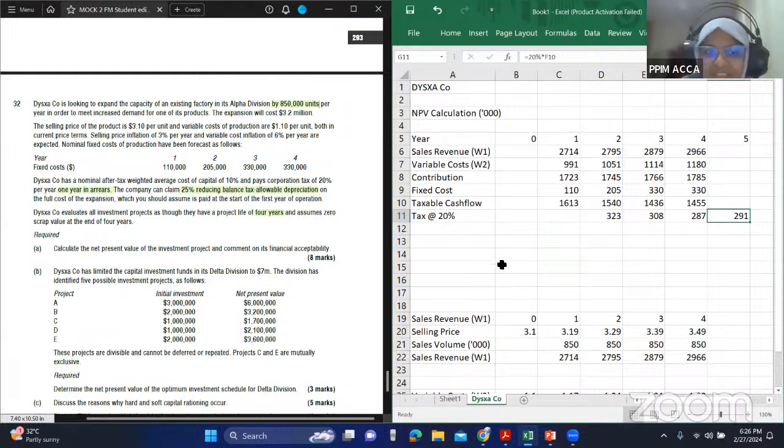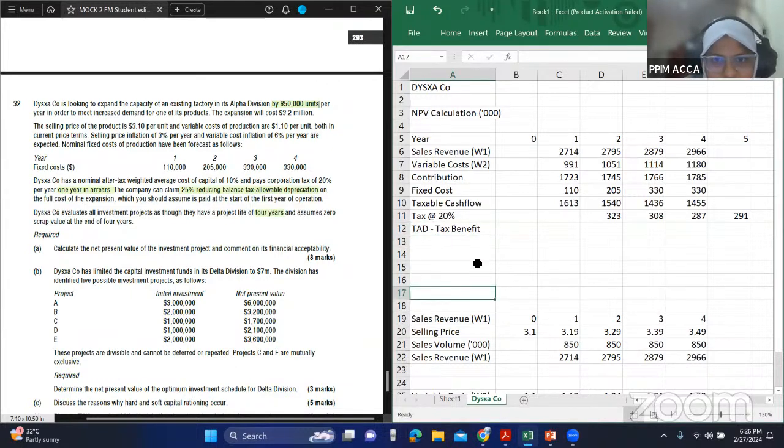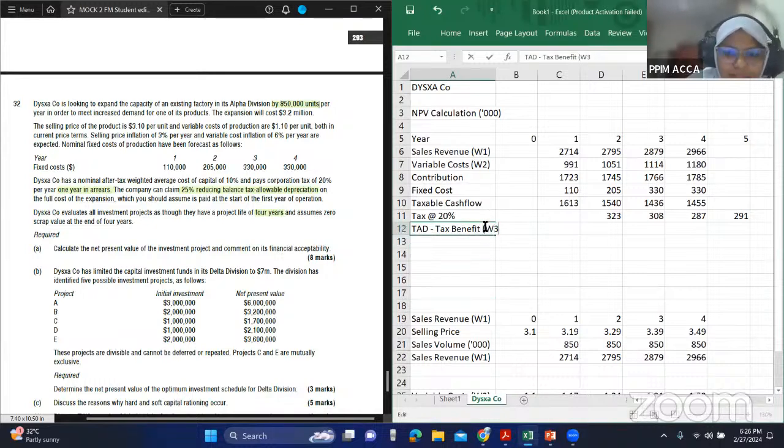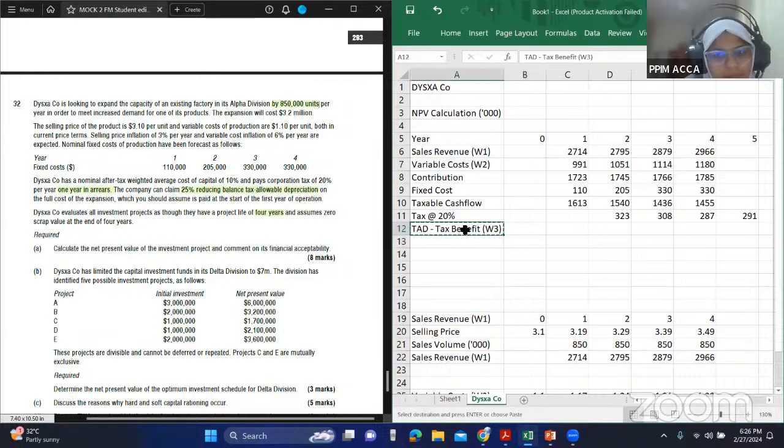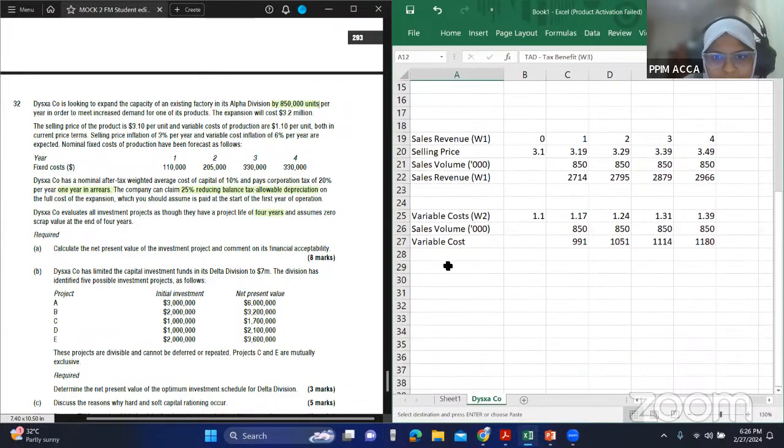Now, we have one final adjustment that we have to make, and it is to do with tax allowable depreciation. And this tax allowable depreciation, it usually gives us a tax benefit. So let's do that calculation. We'll call it working 3. So I told you there was one calculation that we didn't get to cover when it came to our TRGs. It is this. Okay. So let me type it over here.